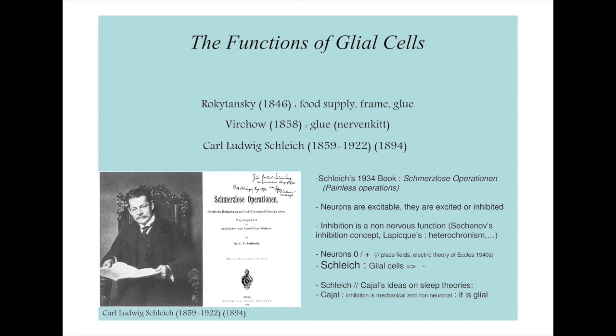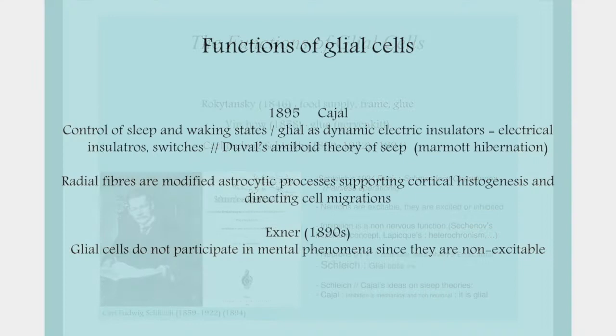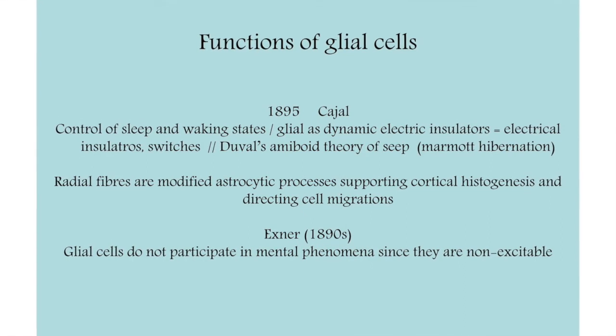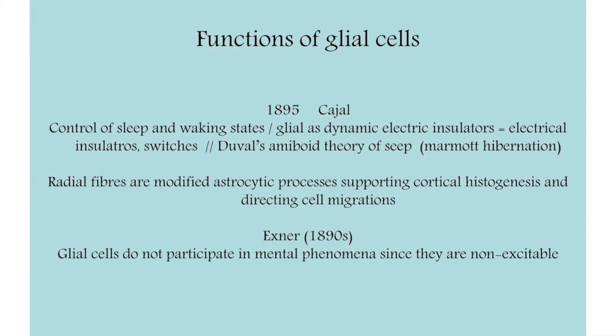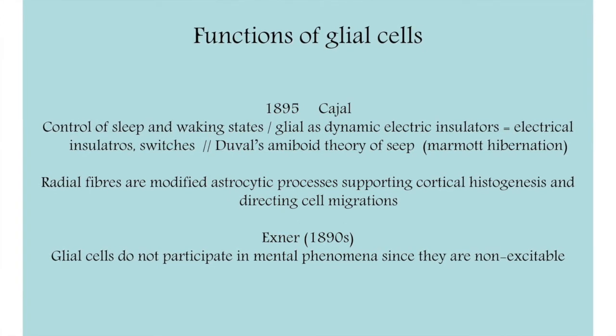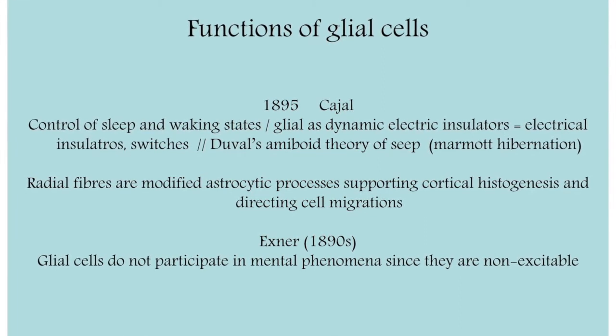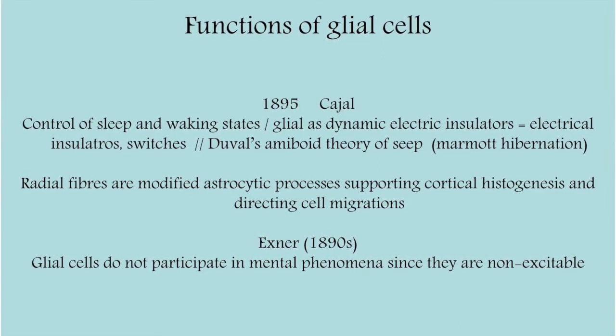For Schleich, glial cells were seen as responsible for the inhibition of nerve cells. His original theory is both intriguing and interesting from a historical point of view in the light of what is known today on the role of glial cells in nervous transmission. Current theories were different at the time of Schleich and Cajal. Cajal thought, for example, that glial cells could control nervous activity during sleep, and others felt that glial cells had no function on nervous transmission since they were considered as passive electrical elements.